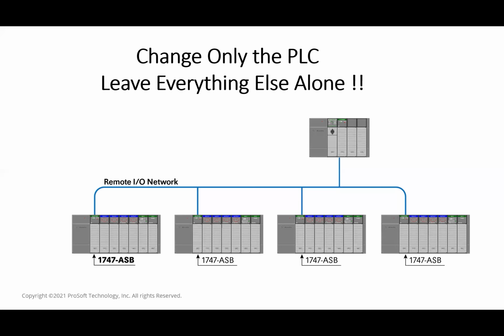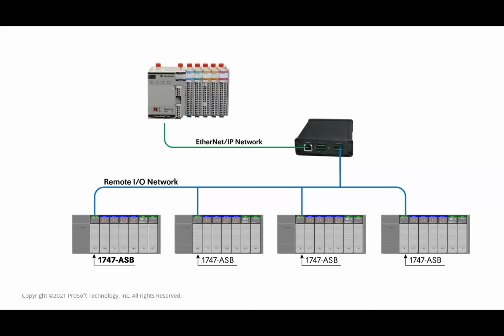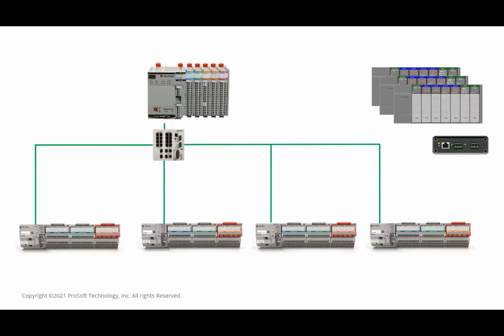Next slide, please, Vishal. The field IO still works. Now you have Ethernet IP in the system and a current platform that can be connected elsewhere. And when time and money and other resources permit, next slide, please. One by one, you can migrate the individual IO racks until all the IO platforms are on Ethernet IP. This is phased migration.